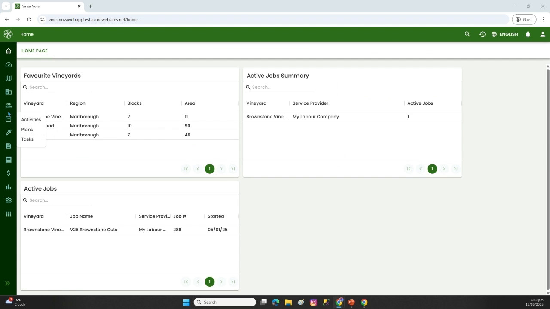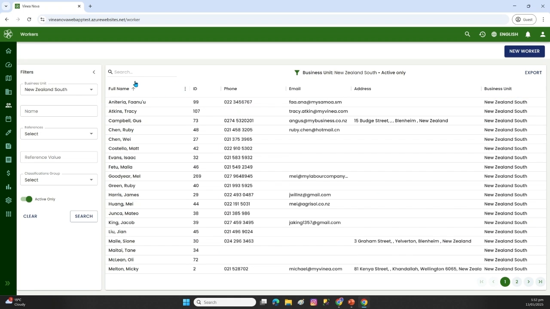To get to the worker details, we're going to click on the side menu and select workers, and then we can search down and see a list of all our workers, contact details, which business unit they're in. We're going to select a worker called Ruby Chen,